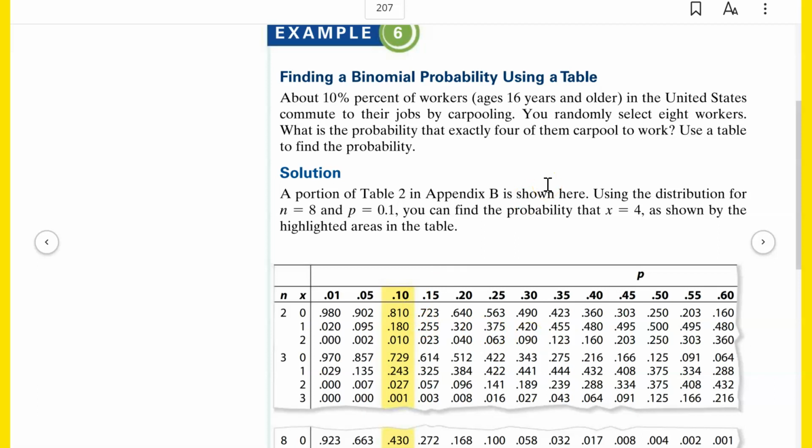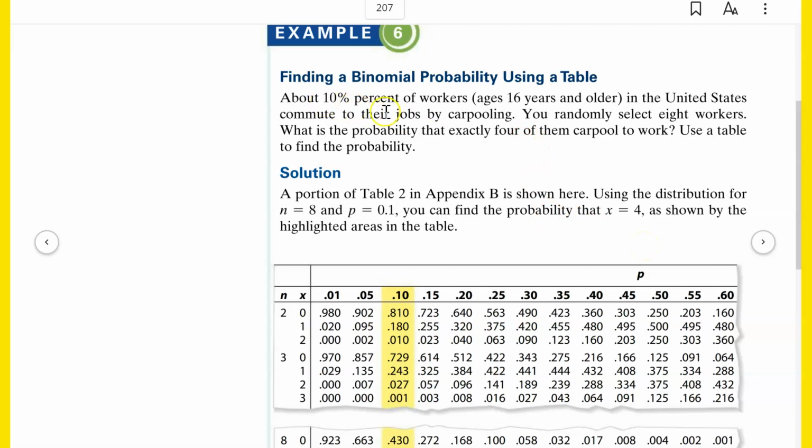I wouldn't recommend it. You're welcome to do it if you want to, but in my opinion, we have the technology to do that without having to look at tables like we used to have to do when I was a student. We used to have to go to the back of the book, find the appropriate table, and find the appropriate column and row to find the probabilities that we needed. But with the calculator, it just makes this much easier, and you're going to have a calculator with you more often than you're going to have a statistics book with you. So I would recommend using the calculator instead of using the statistics book.